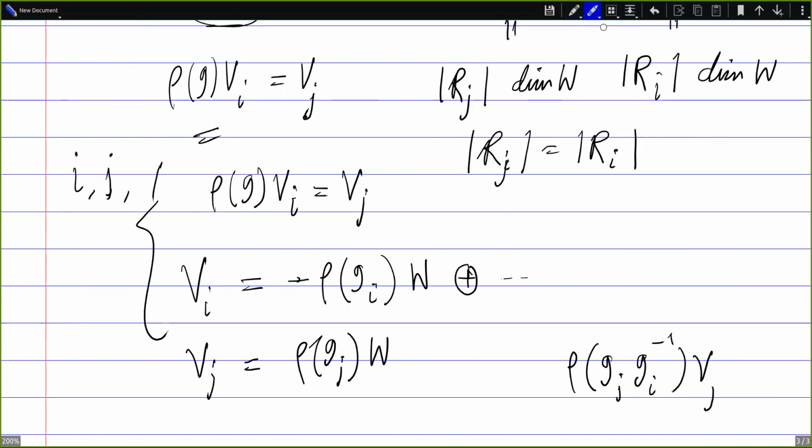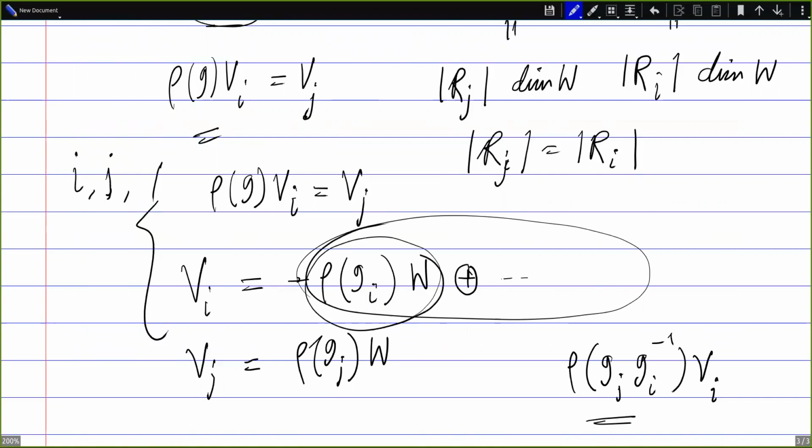You just have to consider this, because once we apply this on Vi, one of these terms becomes this, and then